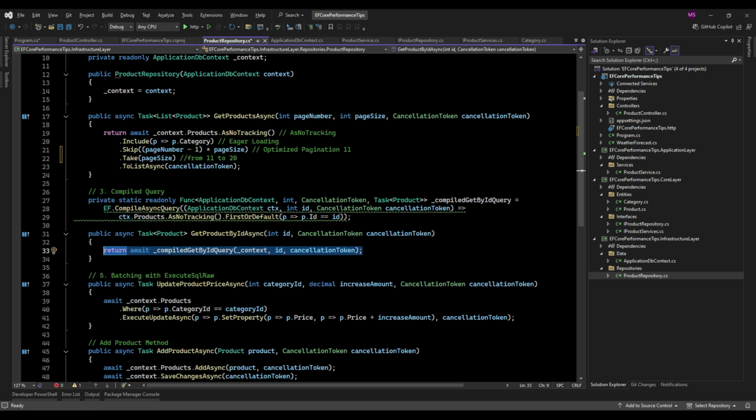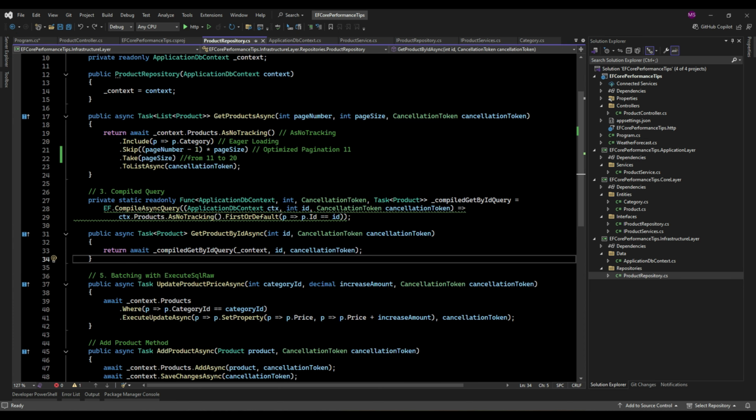So why bother with compiled queries? In my view, in performance critical applications, especially ones where you might be running the same queries over and over, this can save you a lot of time. EF Core won't have to constantly parse and optimize the query every time you need to fetch data. It's just a ready-made query that runs fast. In fact, when you've got frequently used queries like get by ID or get by name, precompiling them can give you a significant performance boost, especially as your data and traffic grow.